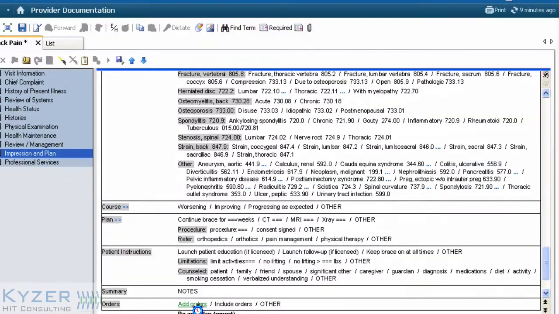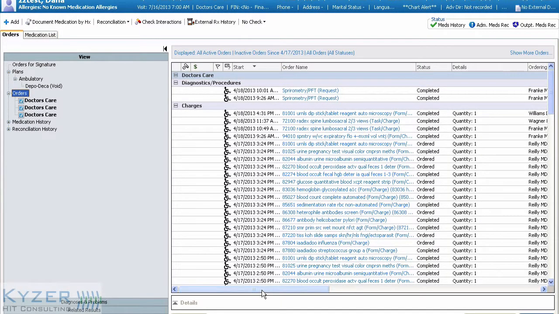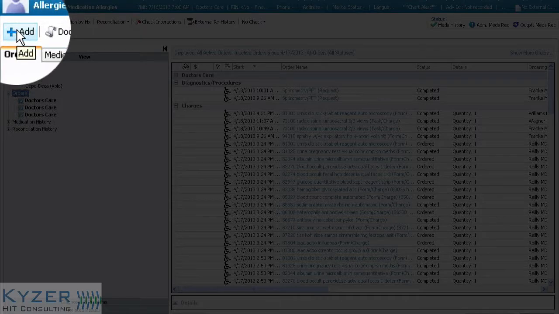And when I click on that, it's going to take me out to my orders and charges portion of the chart. The screen that I have in front of me now simply is a representation of all the orders that have previously been signed onto this patient's chart. I want to get started with some new orders, however, so I'm going into the upper left hand corner and